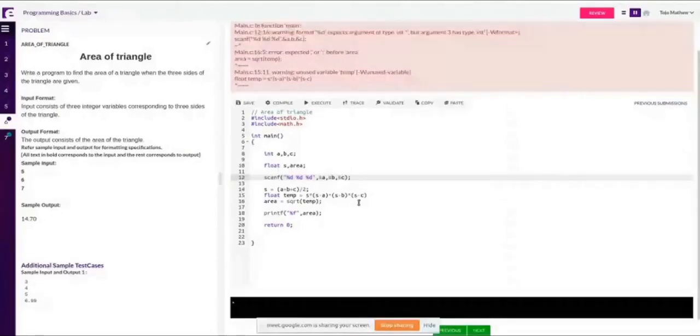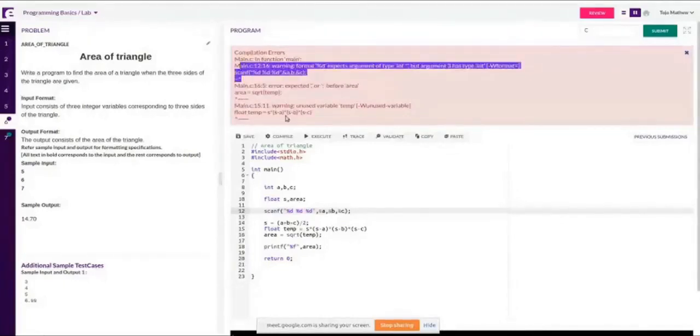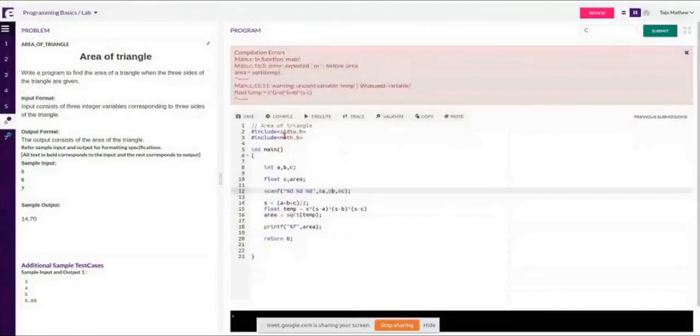I'm going to compile it again. This way you should also follow. You have to take the first error or warning, solve it, then compile it again. Don't directly go to the second error, because while solving the first error, many times the second error also may get solved. So fix the first error, compile it again. So that is gone. Now, in this case, my second error is not solved.